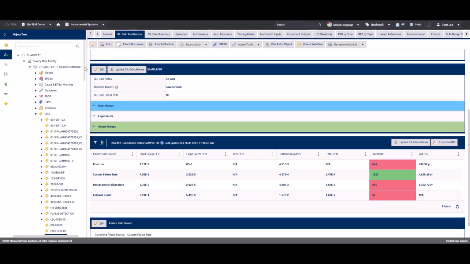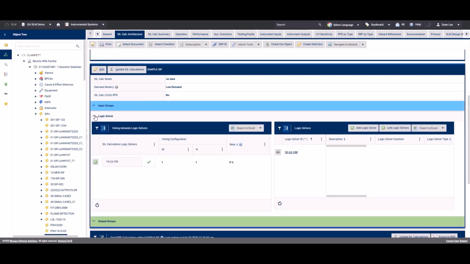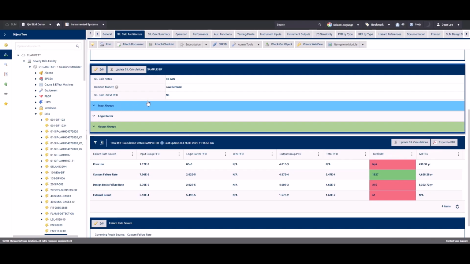So if we come to Instrumented Systems, we come to a SIF and the SIL Calc Architecture tab. Here is the new field, SIL Calc LS External PFD. It's currently set to no. So the logic solver data is as expected. Here we can see the differing logic solver PFD values for prior use, custom failure rate, design basis failure rate,